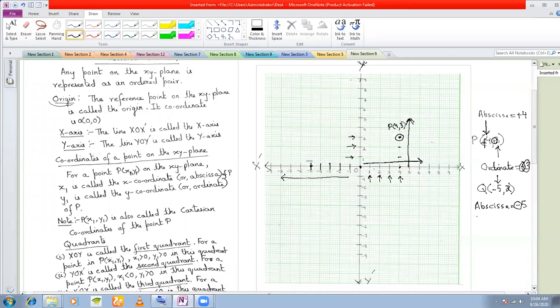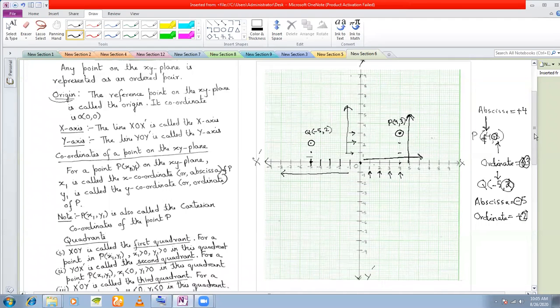Now you look at the ordinate, or the y coordinate. What is the ordinate here? The ordinate here is +2. The plus sign means you move in the positive direction of y. That means now we shall start moving in this direction. And where should we start? We will start from the point where we stopped. We stopped at this -5. And what is the distance you move? You move 2 units. 1 unit, 2 units. So this is my point Q (-5, 2). Any question here?